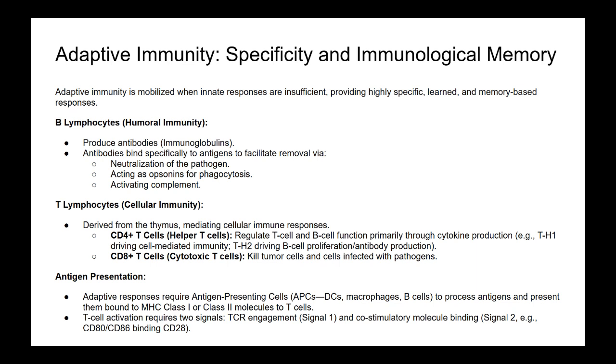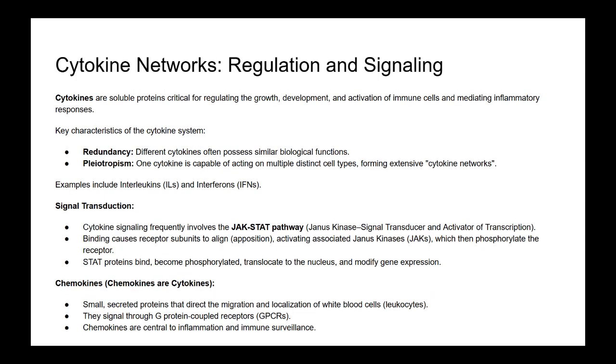That makes sense. Okay, so all these immune cells need to talk to each other. That brings us to the communication network, the cytokine signaling network. It's famously complex, almost bewilderingly so. It is incredibly complex, and that complexity arises mainly from two defining characteristics. The first is redundancy, meaning that many different cytokines can often elicit the same or very similar biological functions. So if one is missing, another might be able to step in.